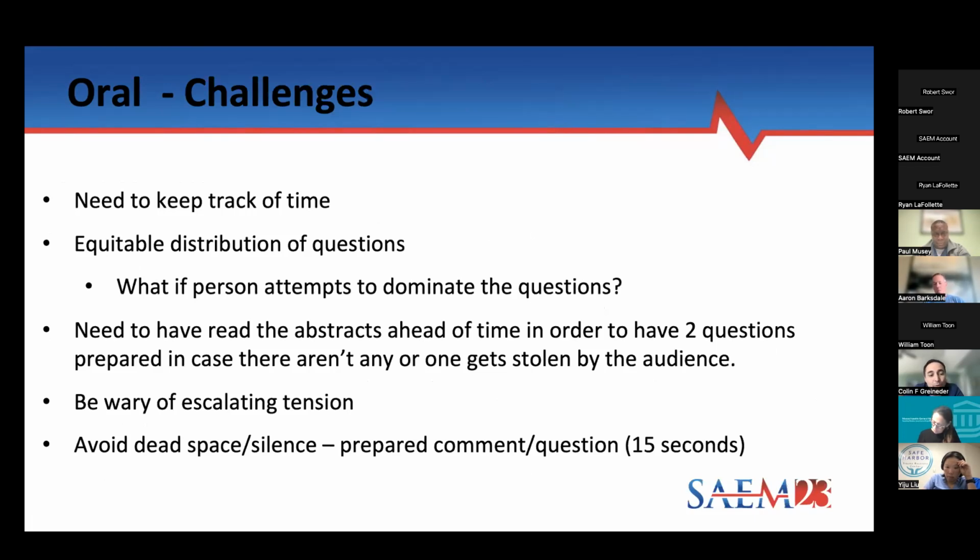Yeah, that's sort of what we put at the end here. There's kind of two things in an oral session that you fear. One is escalating tension, so diffuse that, have a way of breaking the tension. Usually you can make a comment and move on, or cut the tension a little bit with a funny comment if you're able to come up with that. And the other thing is dead silence. So you want to generally avoid that if at all possible. It's a tricky balance. You want to give enough time so that people will ask their questions, but on the other hand, you don't want it to be totally dead.